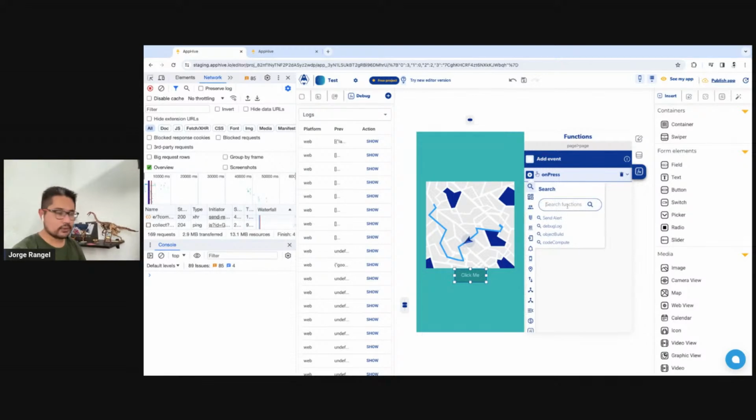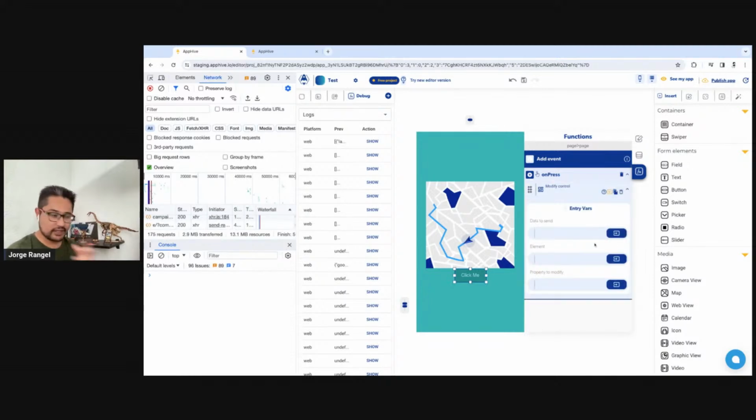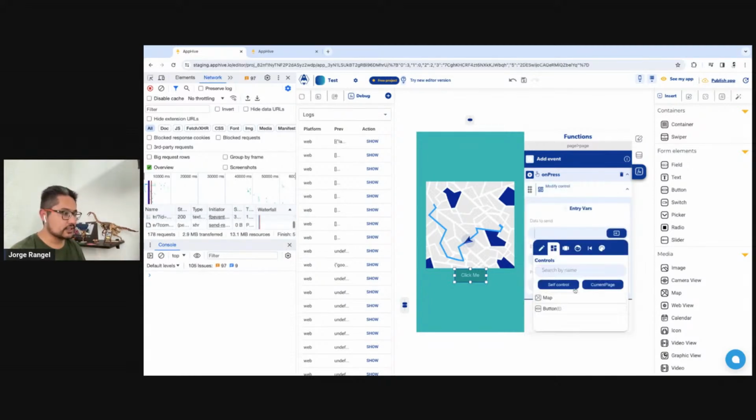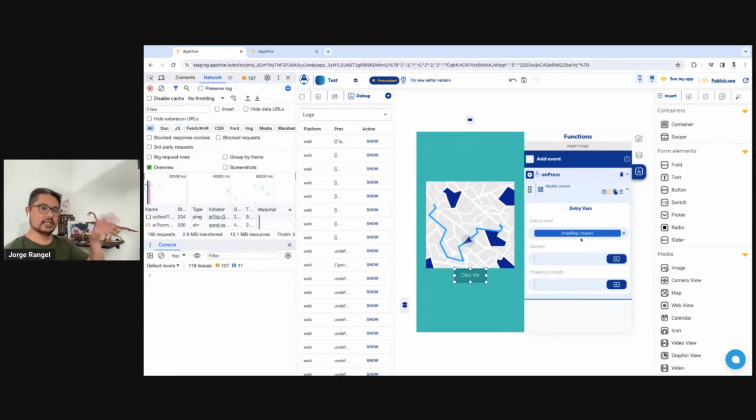So let's add a button right here and an onPress event. In this onPress event, let's add a modify control because we want to modify this map right here. And let's read from the map the region. Remember, the region contains the latitude and longitude from the current location on the map, right? The next part, it's going to be,